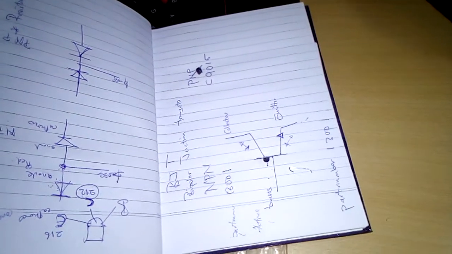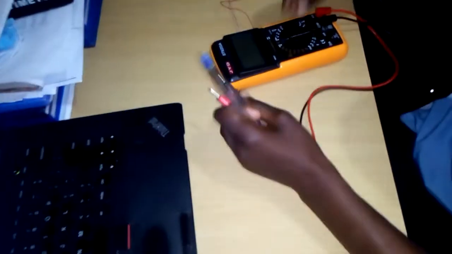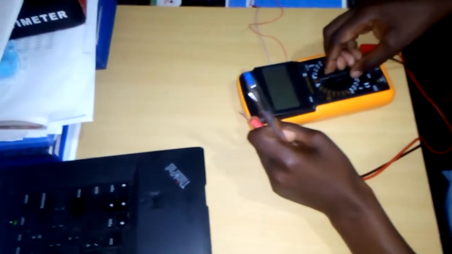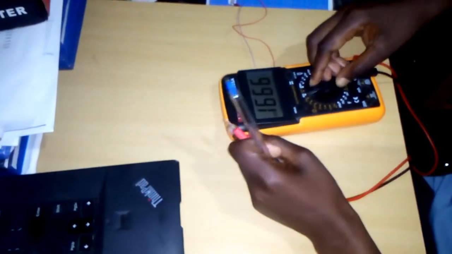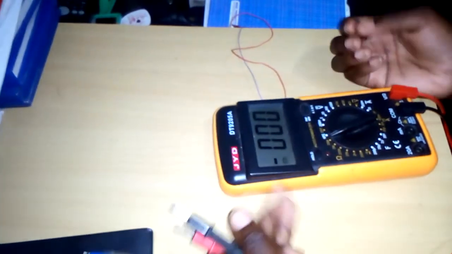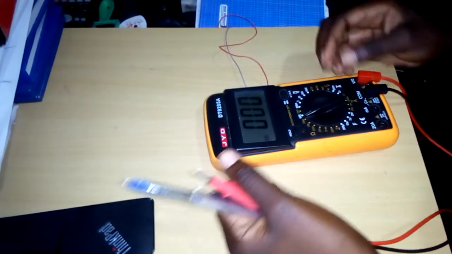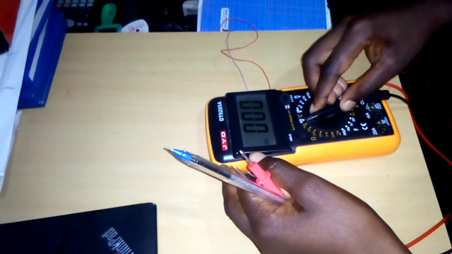So in the demonstration today, we are going to use a multimeter. The first step, as always, is turning on our multimeter. Today we are going to use the digital multimeter set in the diode mode, since